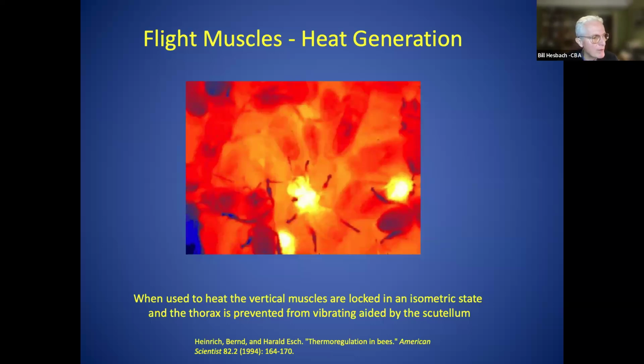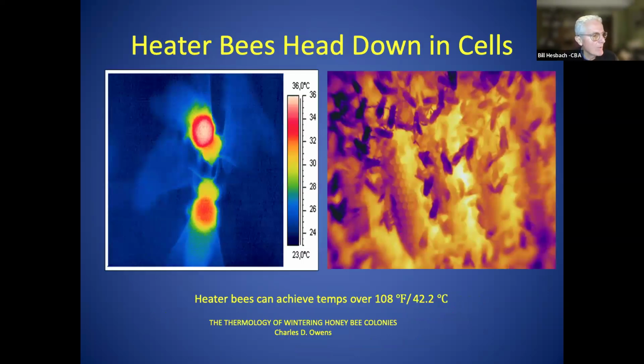So they can hold their indirect flight muscles into this sort of suspended state and generate heat, a lot of heat. And you can see here, if you remember those temperatures from the first chart, which you probably don't, that these are pictures of heater bees that are actually inside of a cluster making heat using their indirect flight muscles that they have put into an isometric state. All right, so